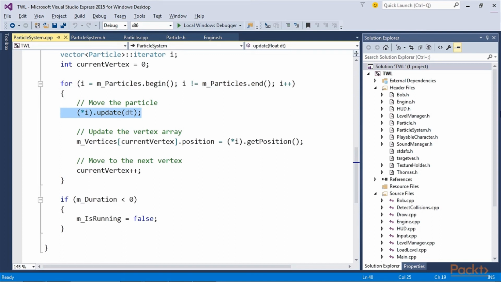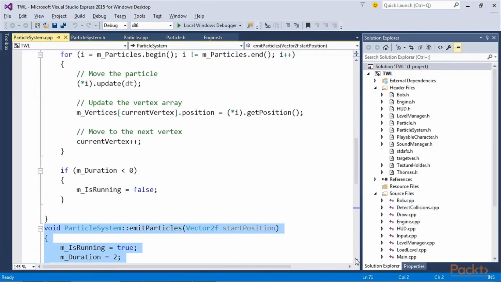After the particle has updated itself, the appropriate vertex in m_vertices is updated by using the particle's getPosition function. At the end of each pass-through, the for loop's currentVertex is incremented, ready for the next vertex. After the for loop has completed, the if statement checks whether it's time to switch off the effect. If 2 seconds have elapsed, m_is_running is set to false.